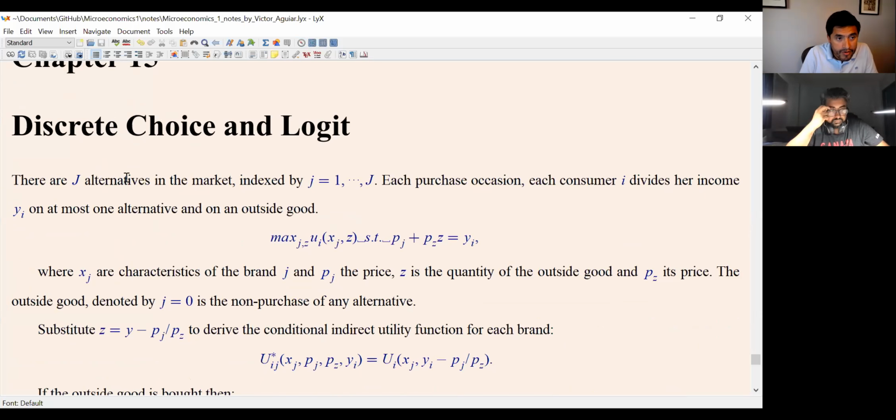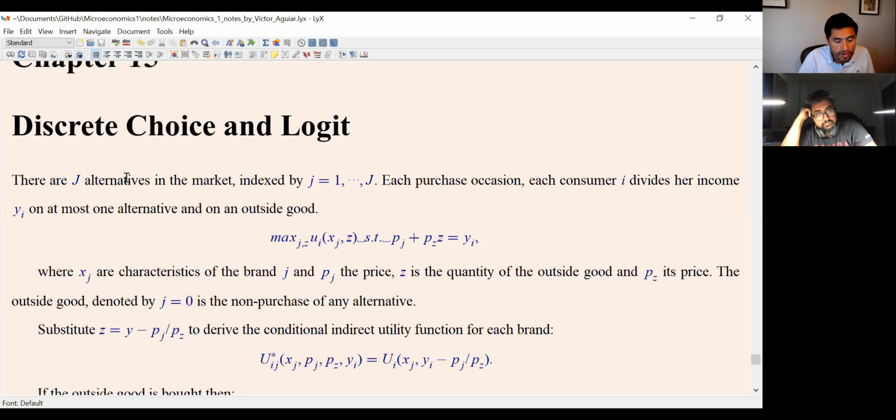So there are J alternatives. So for instance, restaurants in London that are open today at 6 p.m. How many restaurants do you think there are in London? Maybe 20, I don't know. And each of them is an exclusive choice. So if you order from Baraka, you cannot order from Papa John's, right? That's the assumption now. So now each purchase occasion, the consumer divides the income, Y_i, on at most one alternative